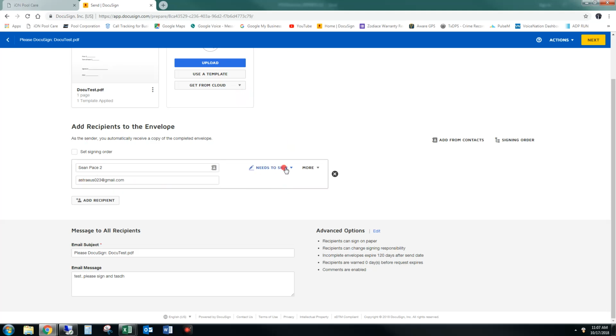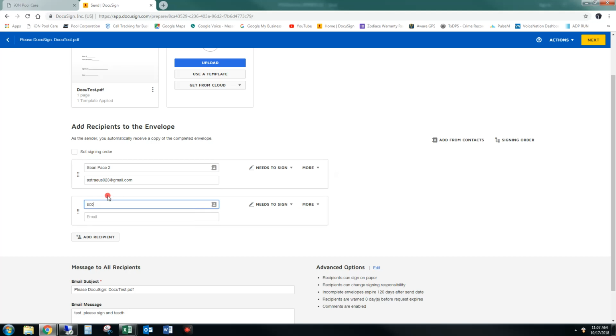Doesn't matter. So you have to put a name here for the sake of being able to modify the template. But when you need to send the template, you don't have to send it to Sean Pace number 2 every single time to sign it. You can just get rid of that name, put wherever you want. You can add a recipient and set the actual